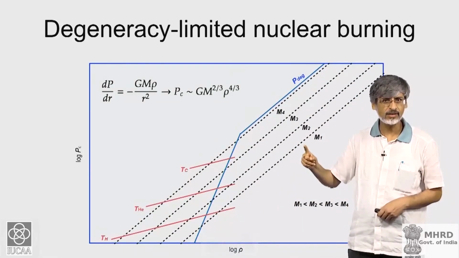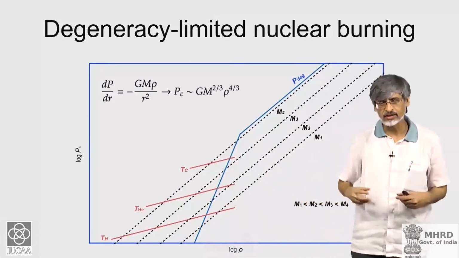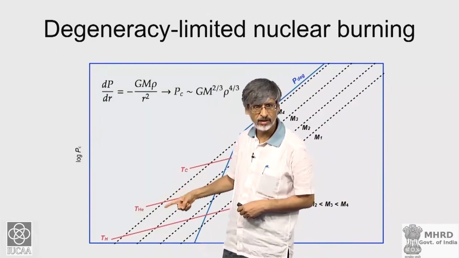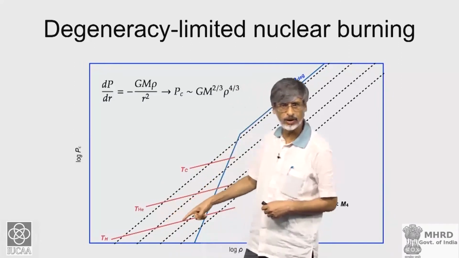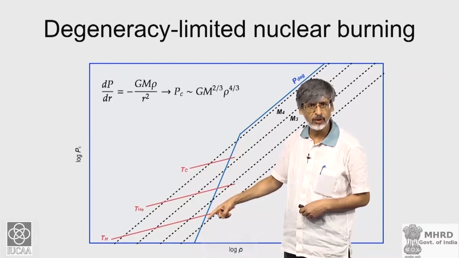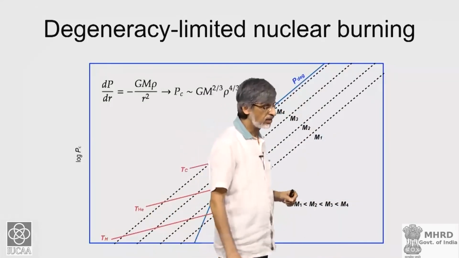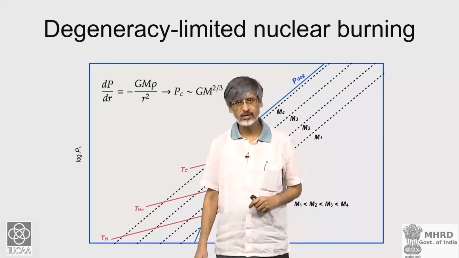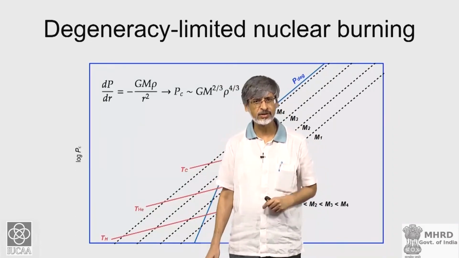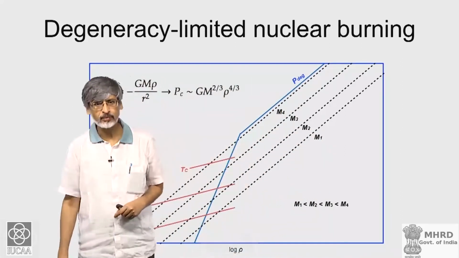Let us take this mass. Now, this mass, as it contracts, its density will rise, its pressure will rise, and the pressure balance condition for equilibrium, as indicated by this line, will intersect the blue line at a point which is here. So, that point then fulfills the pressure balance condition, and therefore, that represents a solution which provides stellar equilibrium, which means